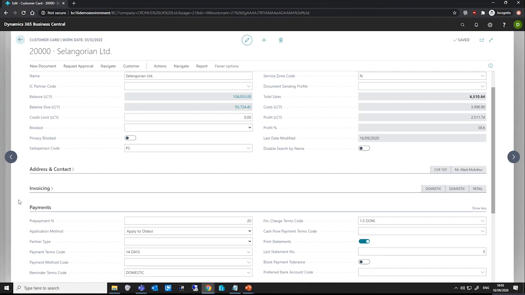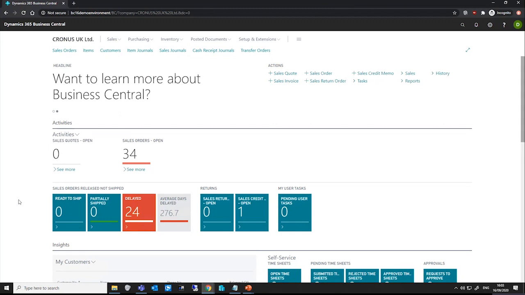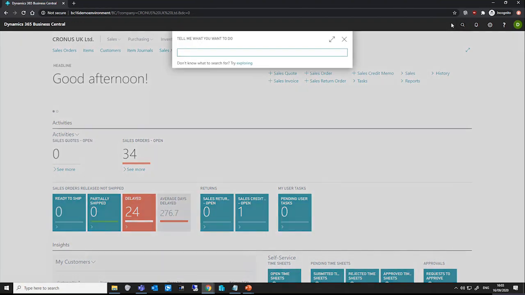We're also able to specify a default prepayment percentage for an item, for all customers purchasing that item, for a customer group, price group, or even for just a specific customer. When the percentage is specified on the item, it is automatically populated on the sales order line that holds the item. If we go to our items list